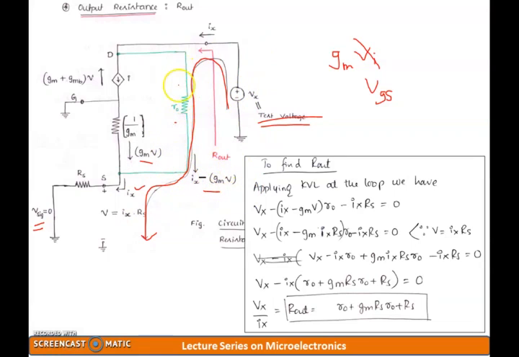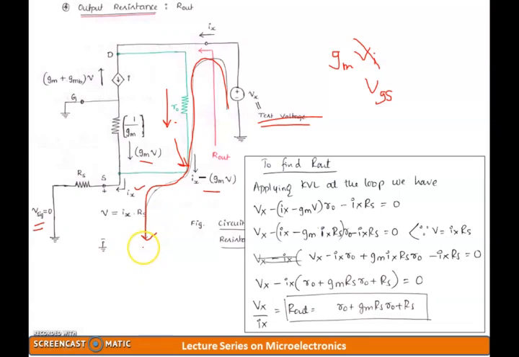So this is the current that is flowing over here. That current is multiplied with this resistance. Now what is the current that is flowing here? The current that is flowing over here is this voltage, this current. So Ix minus gm multiplied by R0 will be my next term, minus Ix into Rs, because this is getting grounded over here, and current is exiting at this particular node. I am considering the sign as minus.